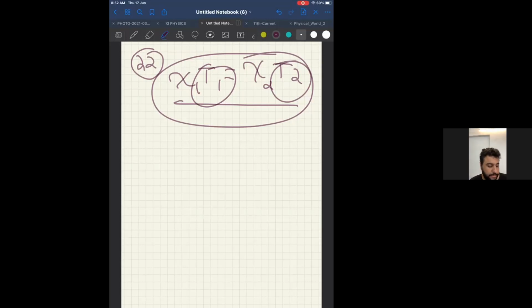If a diamagnetic substance is brought near the north or the south pole of a bar magnet, diamagnetic will be repelled by any pole. It is not that north pole I'll attract, south pole I'll repel. No, diamagnetic is repelled by a magnet. If it is repelled by a magnet, it is repelled by both the poles of a magnet. Therefore, answer for the 13th one will be B.